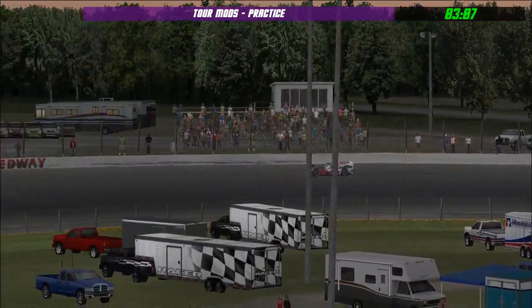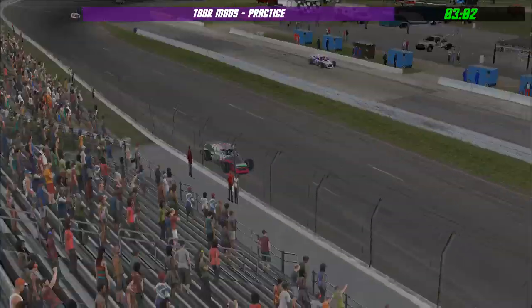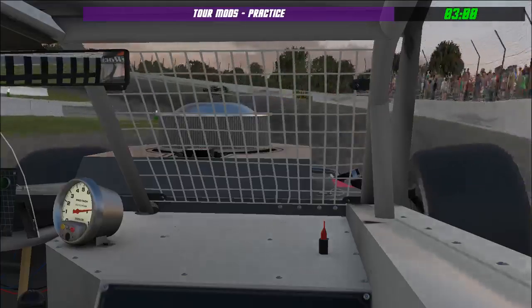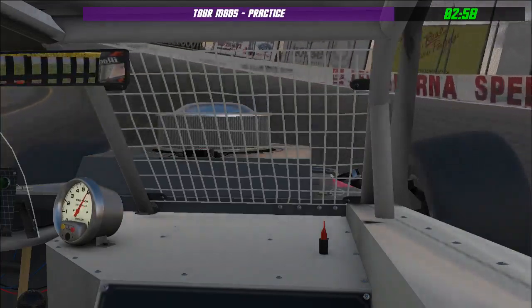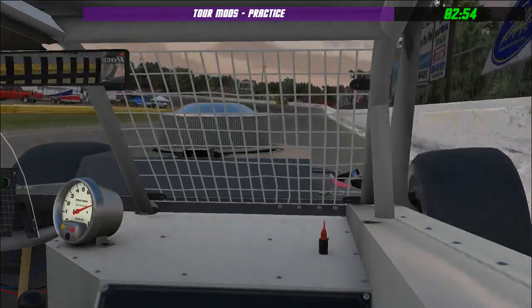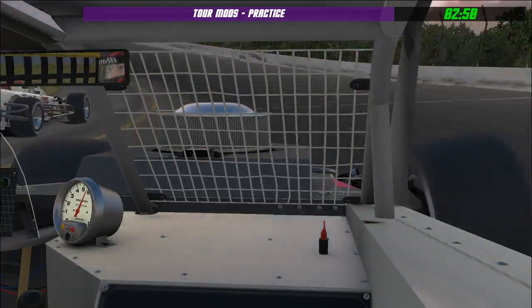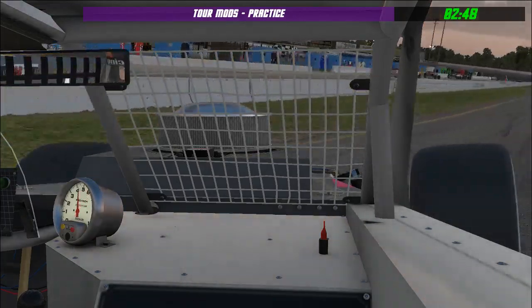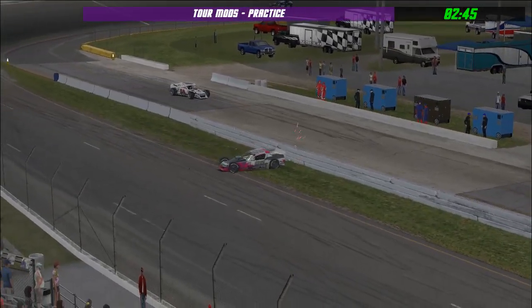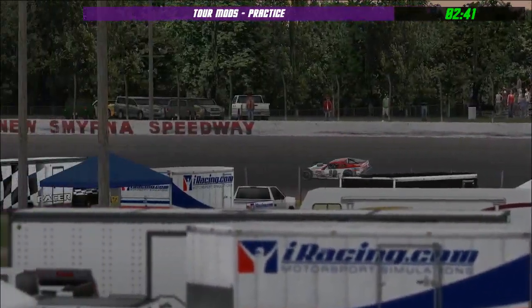Taking a look at drivers around the racetrack, Keith Jeffrey is one of these drivers that we're looking at right now. It's right on board. And there he goes into the inside wall, unfortunately. Rick Webster back in his